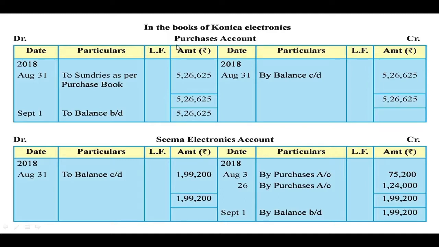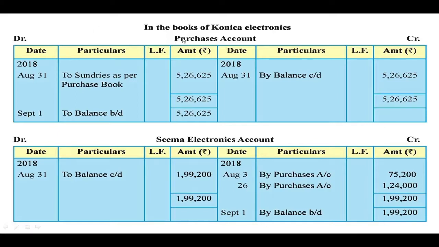And when the goods are purchased on credit basis, the suppliers become the givers, and supplier is a personal account. And as per the rule of debit and credit, debit the receiver, credit the giver. Since the suppliers are the givers, we have to credit their account. So when the goods are purchased on credit basis, normally the journal entry is purchases account debit to supplier account.